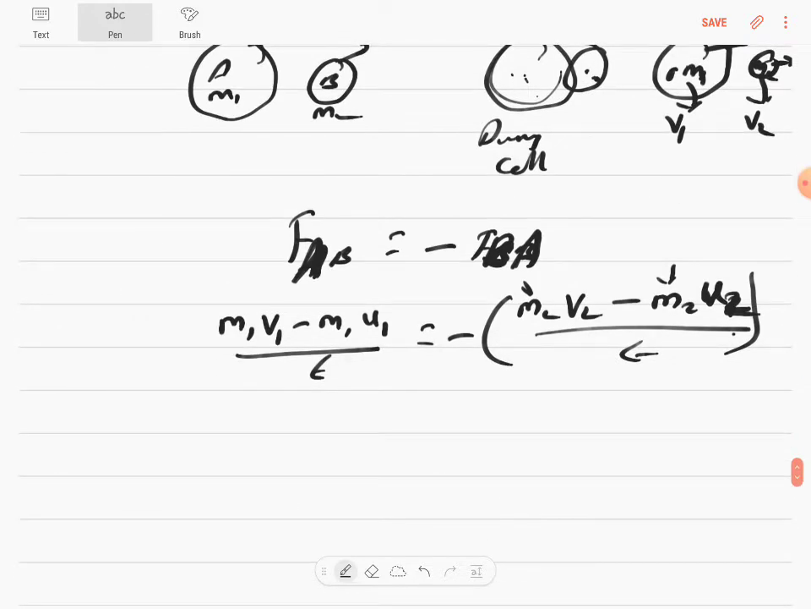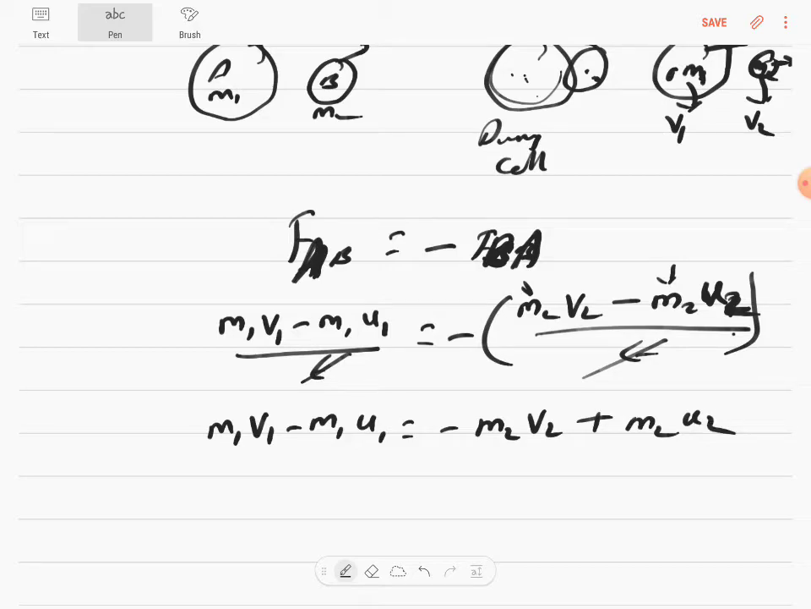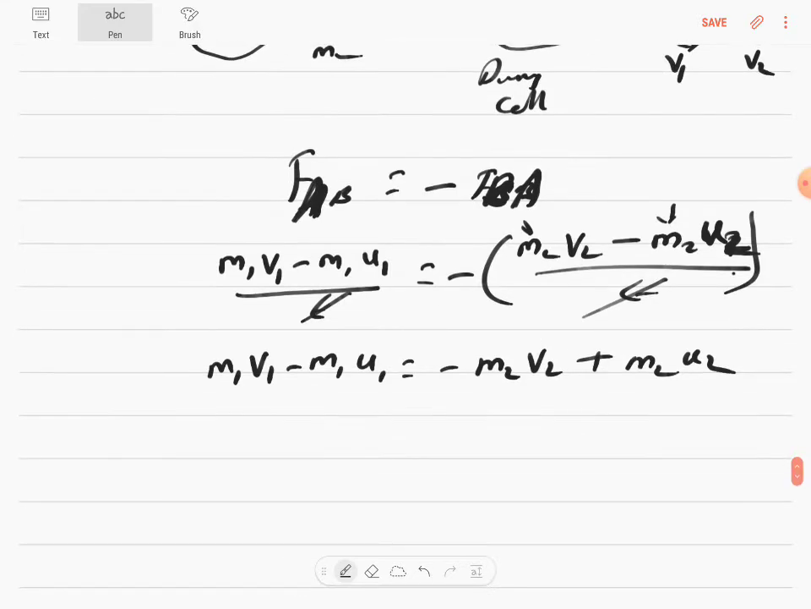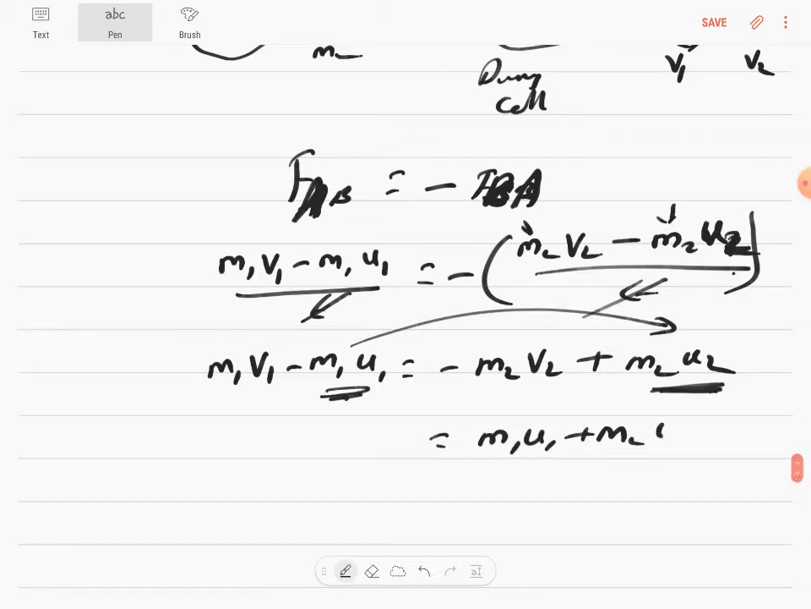So you get like this, the t and t gets cancelled. So you get m1 v1 minus m1 u1 is equal to minus m2 v2 plus m2 u2. Correct? We take the negative side. Now you have to take everything to one side. You have to take the initial velocities together. This is one initial velocity. This is another initial velocity. You're going to take it to that side. So that m1 u1 plus m2 u2